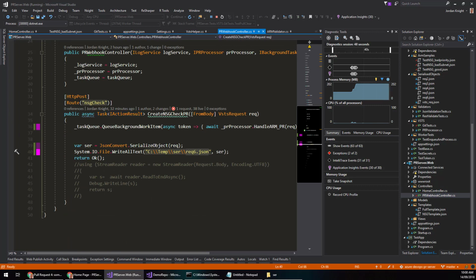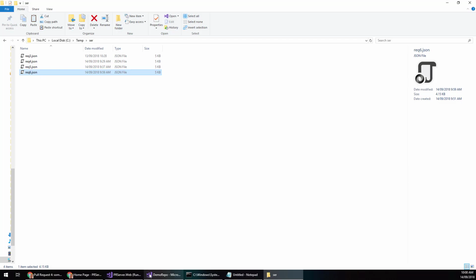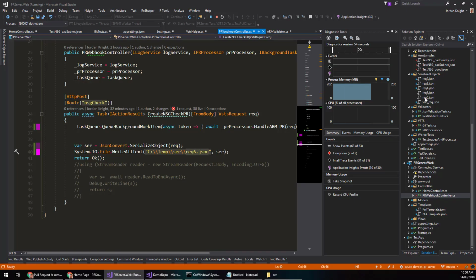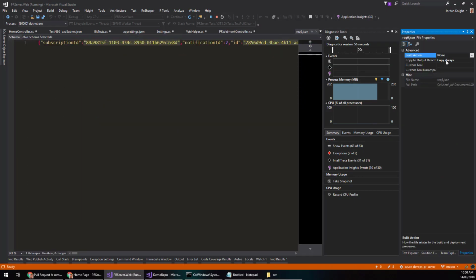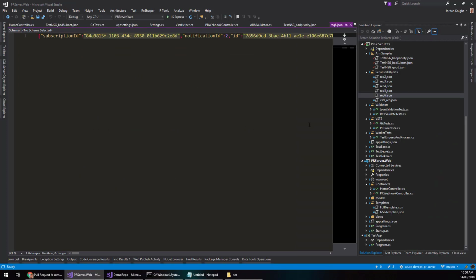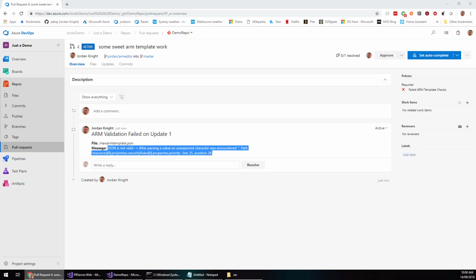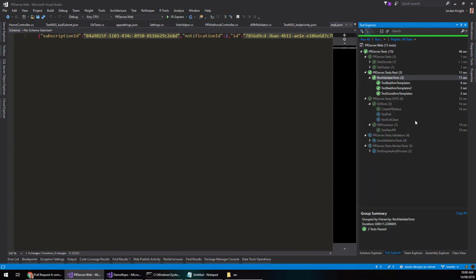So what I want to do is work on this PR server through unit tests rather than having to submit new pull requests every time. So what I can actually do is copy the serial file that we just wrote out from that controller into the serialized objects, and then in the unit tests, I can go in